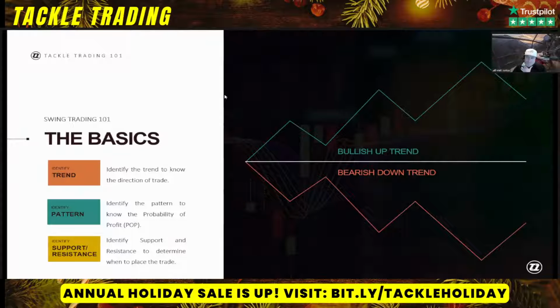The reason we want to identify the support and resistance. So again, number one, identify the trend. What's the reason? Because we want to trade in the direction of the trend. That is our highest probability. Number two, what is the pattern? The pattern defines exactly what that probability is. Number three,